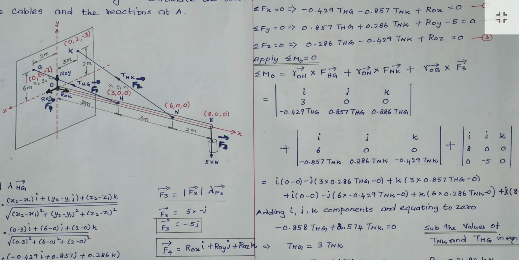By cross product we have to find the determinant value. Okay, determinant. So here we have three moments, each a determinant. So here determinant of ROH, where IJK is the common row. ROH means O to H, so we have to find H minus O. H means 3, 0, 0. Here O means 0, 0, 0. So 3 minus 0, 0 minus 0, 0 minus 0. So just 3, 0, 0, that's all.